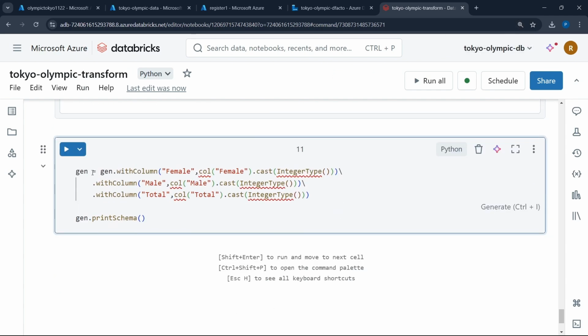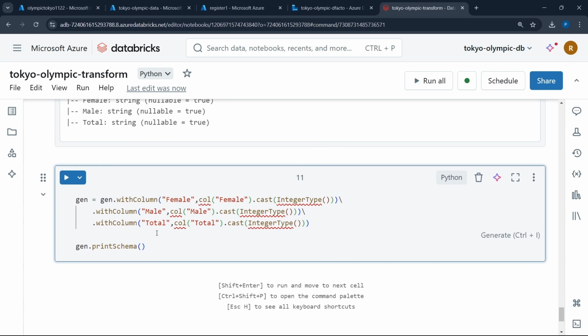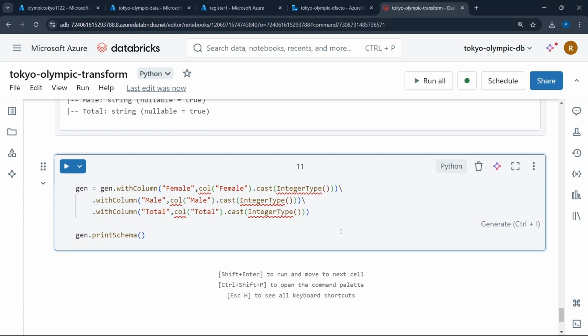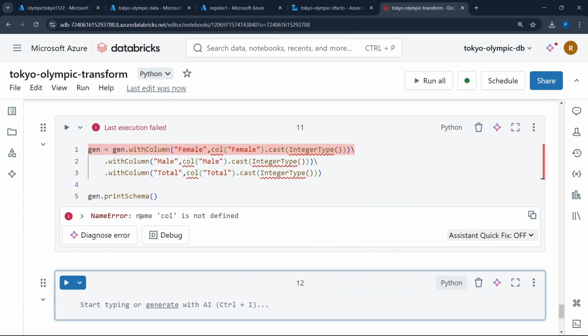So what we will do is gen equals gen with column, and the column name is female, and cast, we will be casting the string type to the integer type, and we are doing the same for male and total. So currently it will give an error because we have not imported column from PySpark. So let me run it before that as well. As you can see,